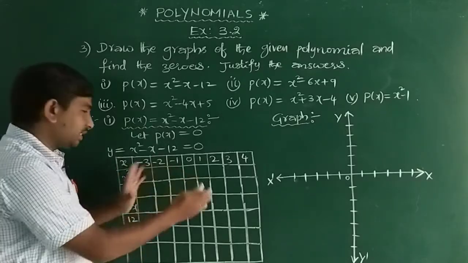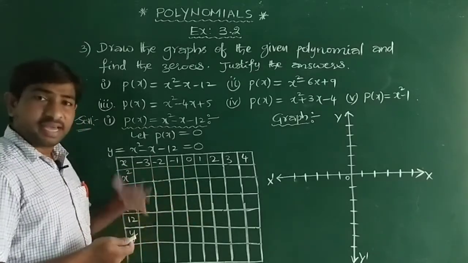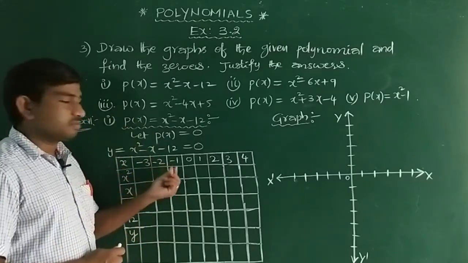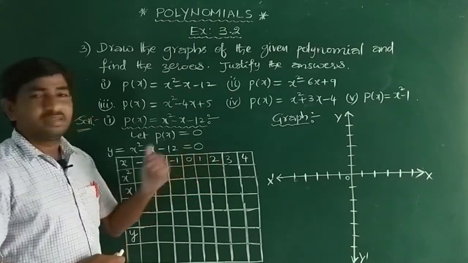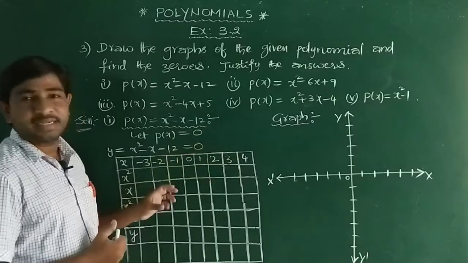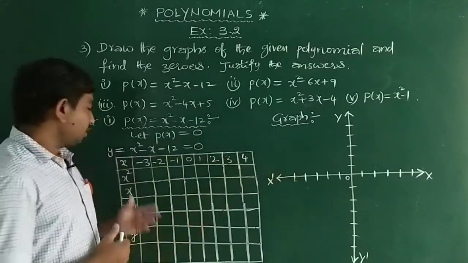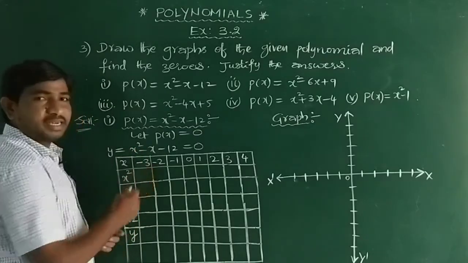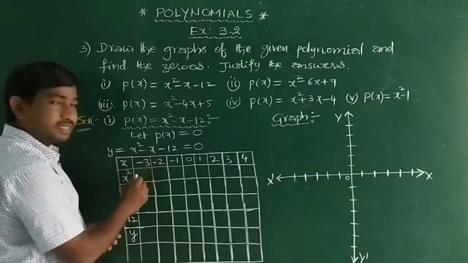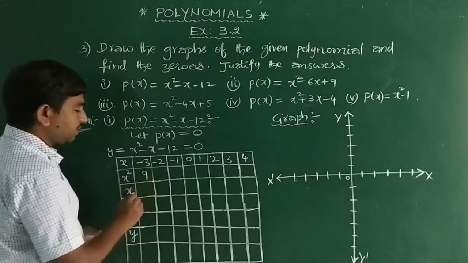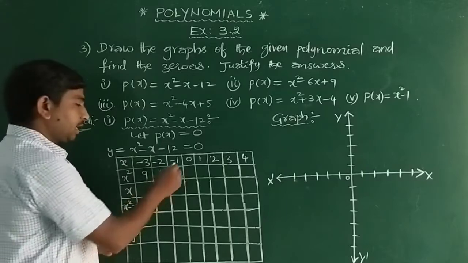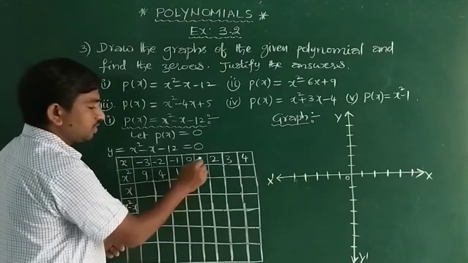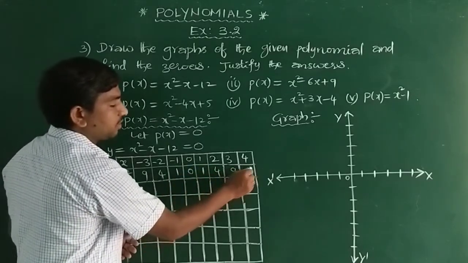Now you have to make the table for understanding purposes, or you can write it directly by analysis. Okay, so x is equal to minus 3, minus 2, minus 1, 0, 1, 2, 3, 4. These are the considerations, numbers on the number line, the x axis. So now these are the x values. What will you get? First, you have to find x square. If you consider x equal to minus 3, then what is x square? Minus 3 whole square means 9, plus 9 you have to write, and minus 2 whole square means plus 4, and minus 1 whole square means 1 only, and 0 square means 0. So 1 square is 1, 2 square is 4, 3 square is 9, 4 square is equal to 16.